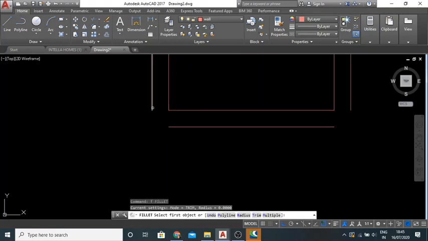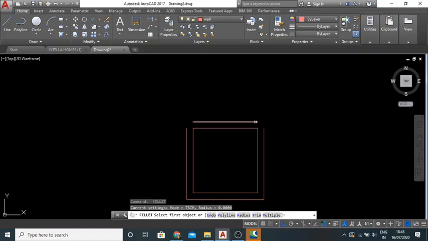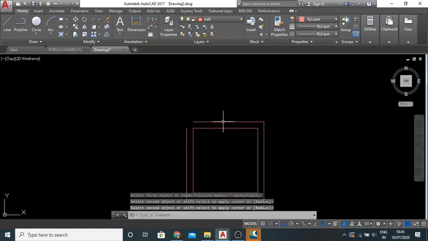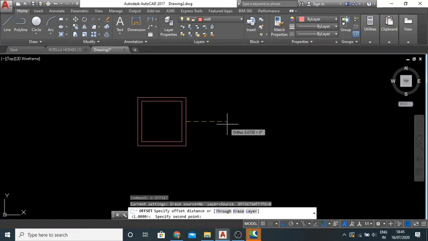For example, here I have created one room with the wall layer.